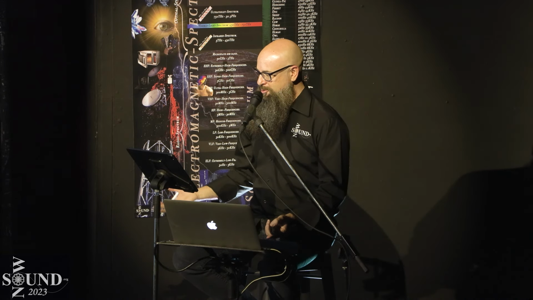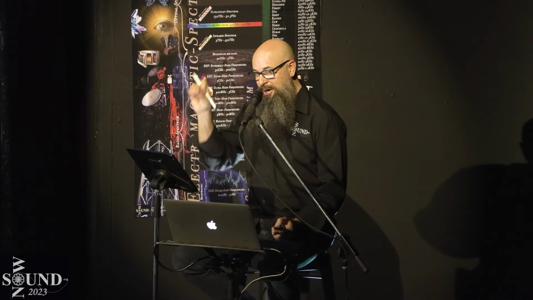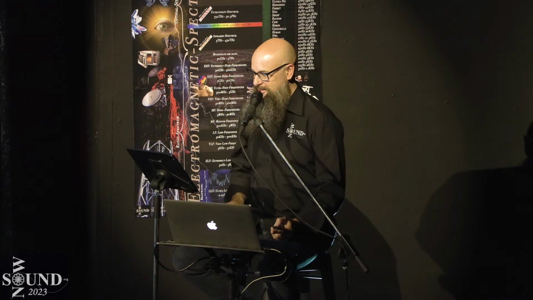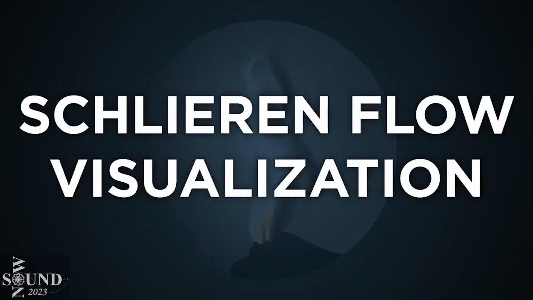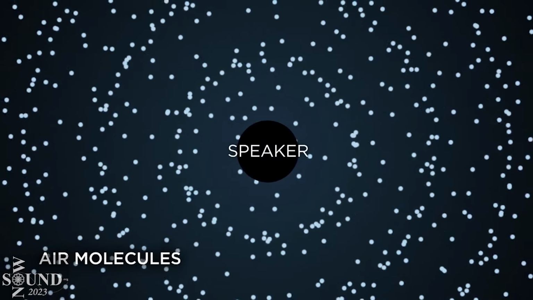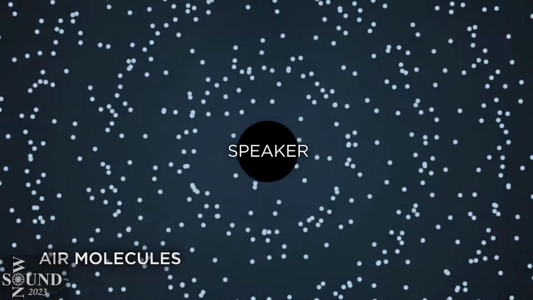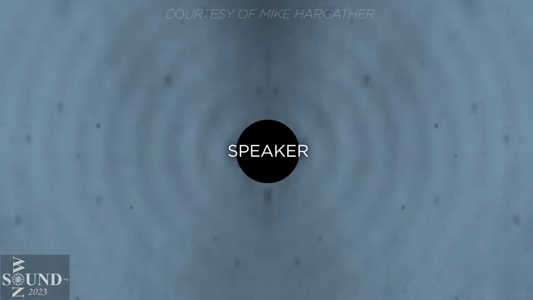All right, so what does sound look like? Well, thanks to technology, this is called Schlieren flow visualization. This is a video filtering technique, and we're actually seeing the sound waves come off the source. Check this out. Sound is just another change in air density, a traveling compression wave. So Schlieren visualization, along with a high-speed camera, can be used to see it as well.